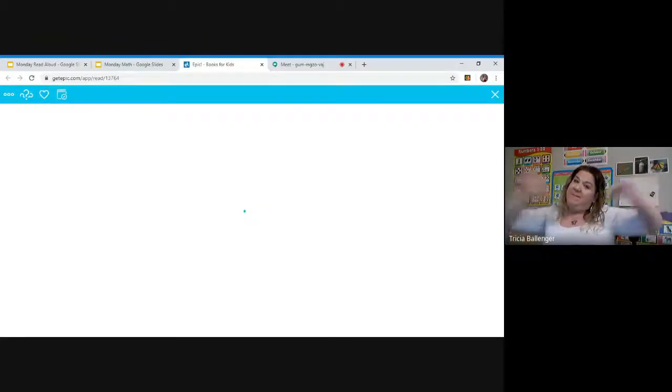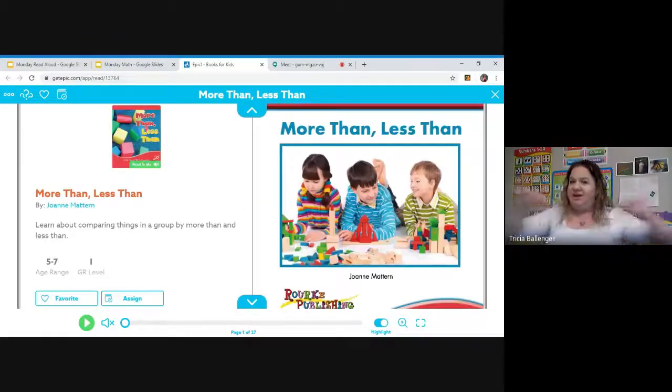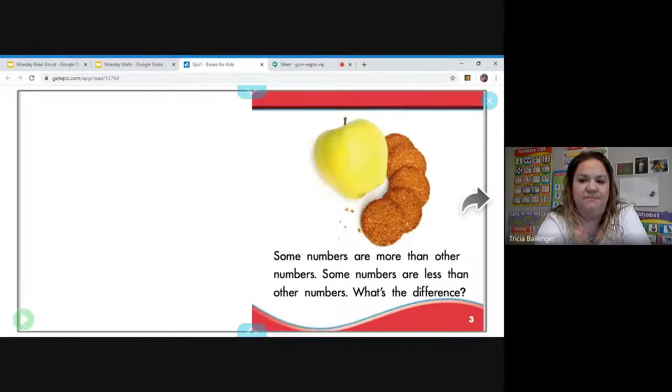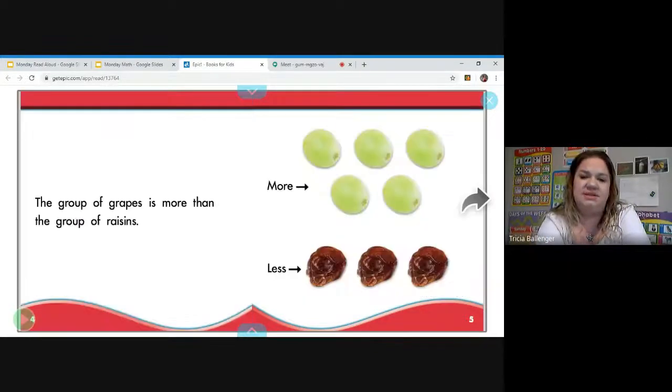Come with Miss Trisha. Today's title is More Than, Less Than. We're going to be learning about comparing things in groups by more than and less than. Are you ready? Some numbers are more than other numbers, and some numbers are less than other numbers. What's the difference? The group of grapes is more than the group of raisins. The grapes are